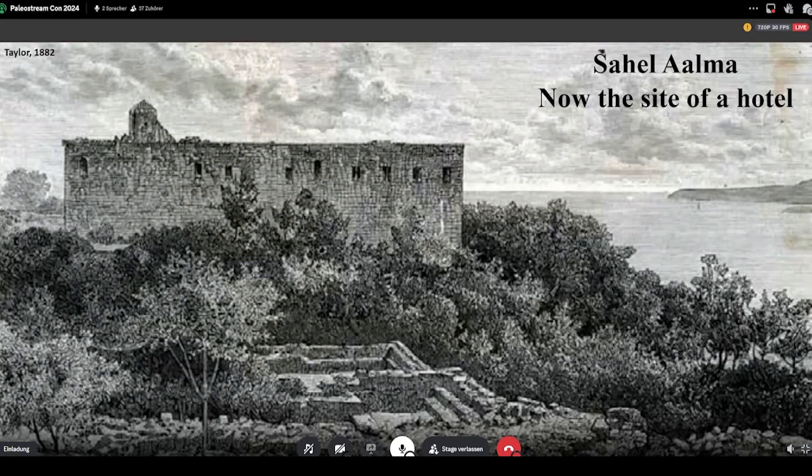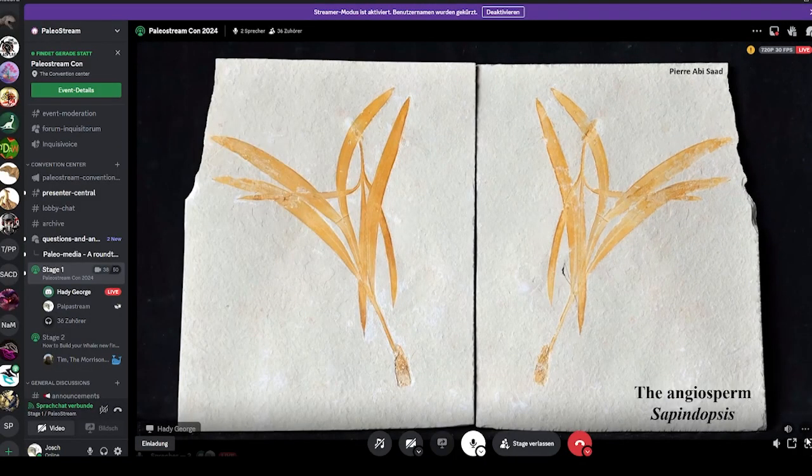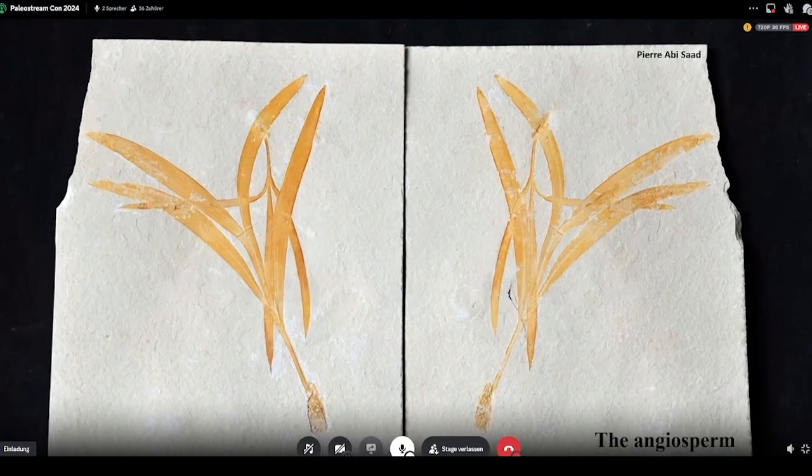And now to go into a bit more of the fascinating fossil groups and the extraordinary fossils. Nammoura has produced all sorts of plants, from angiosperms and gymnosperms and others. This is one of my favorites, this beautiful slab and counterslab of the angiosperm Sapindopsis. And what's quite fascinating and remarkable about Nammoura's plants is that collectively they show all sorts of adaptations that are quite similar to